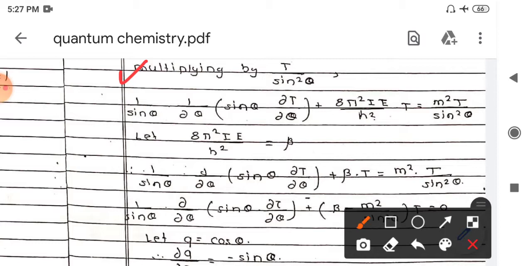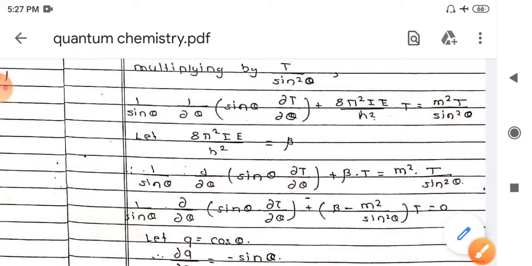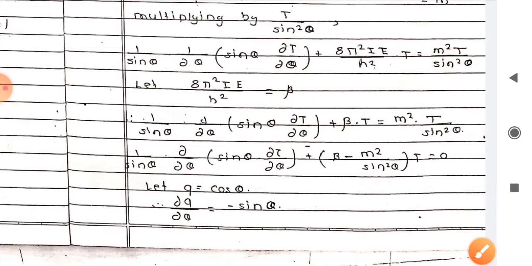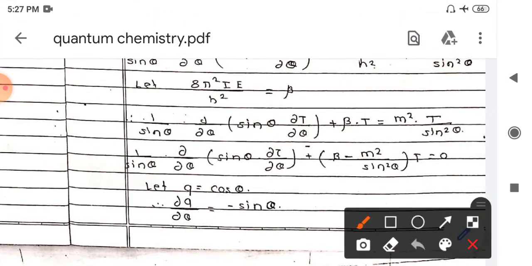So we will get 1 upon sin theta into del by del theta of sin theta dt upon d theta, plus 8 pi square I upon h square into e into t. It should be equal to m square t upon sin square theta. So this term here, you can see